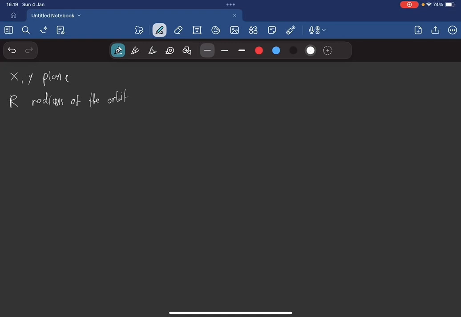It is helpful to visualize the motion by projecting it onto the two axes. As the particle revolves around the origin, x oscillates between minus r and r. The same is true of the y-coordinate, but the two coordinates are 90 degrees out of phase. When x is maximum, y is 0, and vice versa. The most general counterclockwise uniform circular motion about the origin has the mathematical form like this.